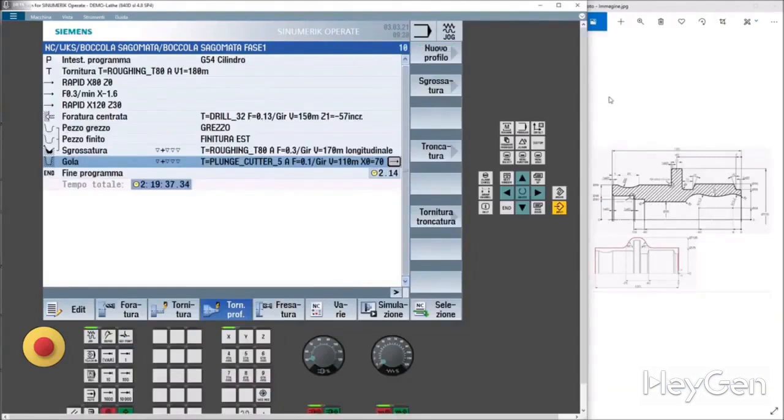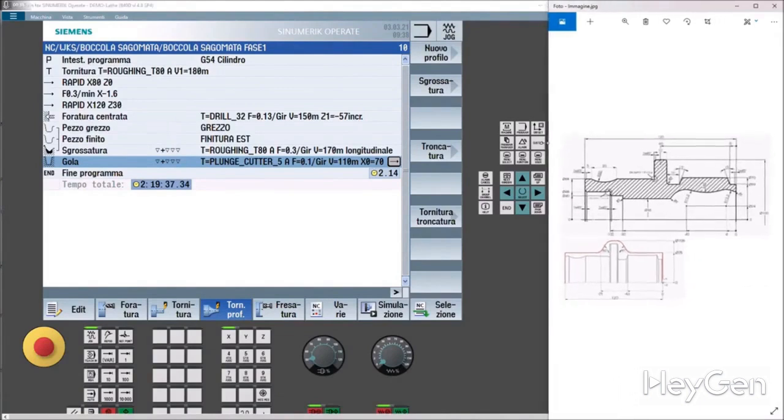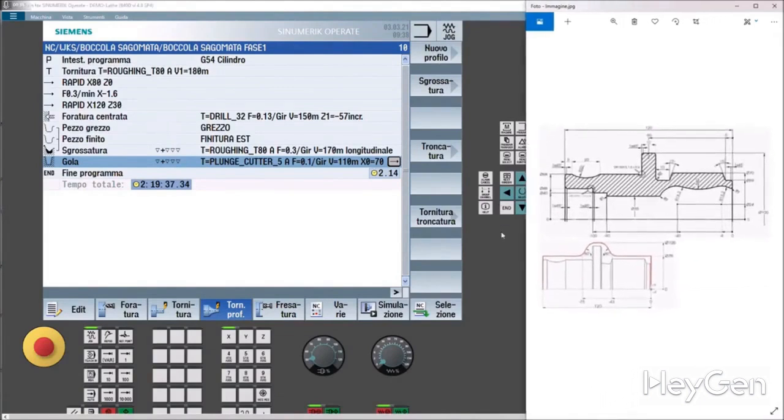Well, at this point, my advice, since we've been at this video for a while, is to pause the video, go relax, maybe take a look at what we've done, and continue later or tomorrow. I, on the other hand, will continue with the creation of the internal profile, a profile that I find quite challenging.